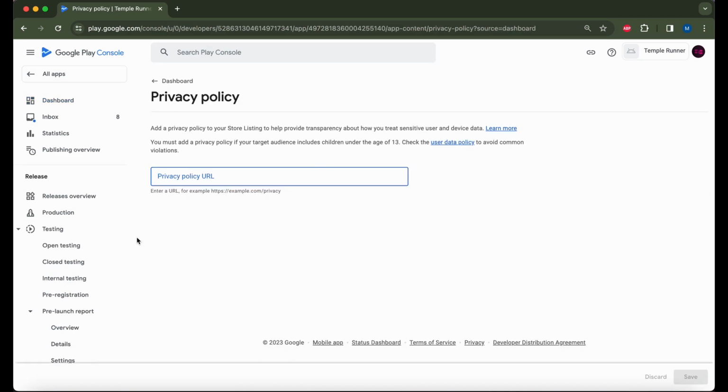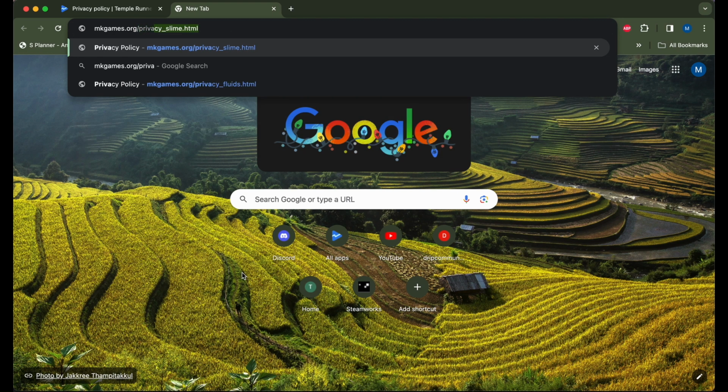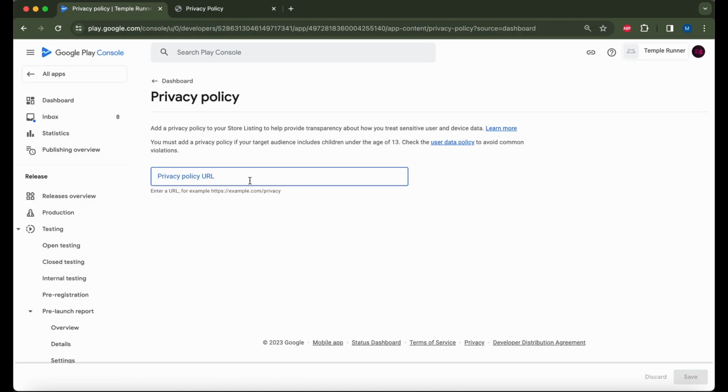The first thing you need to do is enter a privacy policy, and for that you can use a privacy policy generator. I will link one in the description. In my case, I have done that previously for other apps of mine. So for example, there is this privacy policy for my slime simulation app, which I uploaded to my web server. I can copy this link, put it in here,